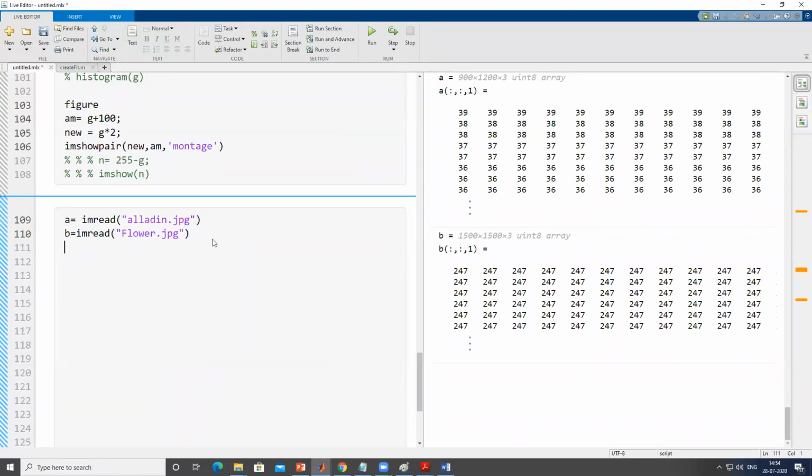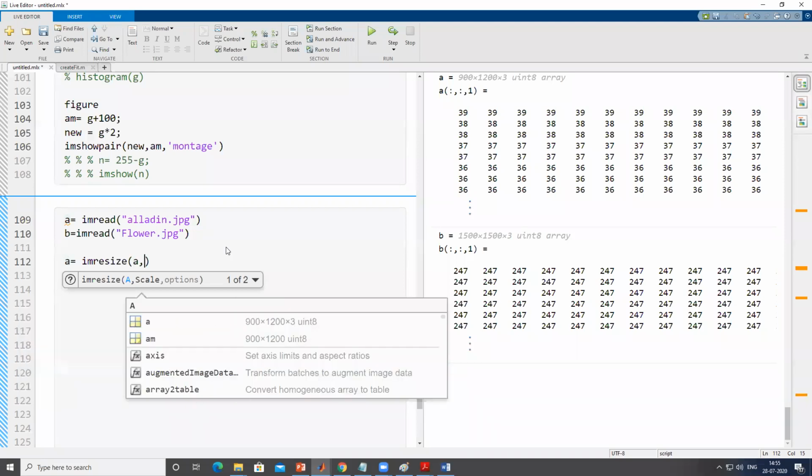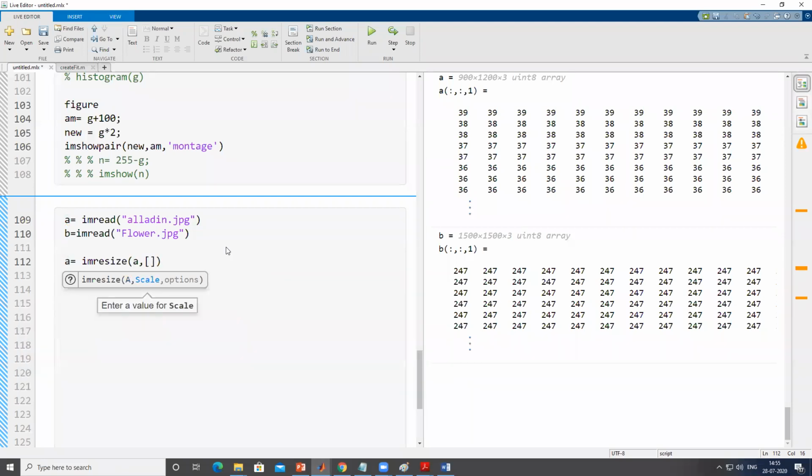So now in order to add these, I have to resize the image into a particular dimension, and suppose I keep the dimension as 1000 by 1000. So I have to use one command which is called imresize. I will say A is equal to imresize, pass A that I want to resize, and then give the dimension: 1,000 rows by 1,000 columns. That's all. I don't have to give information about the third layer because the third layer is obviously 3, so I don't want to do any modification. Similarly, I will update B also.